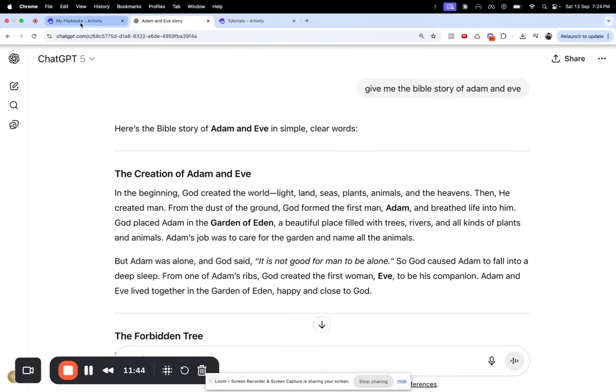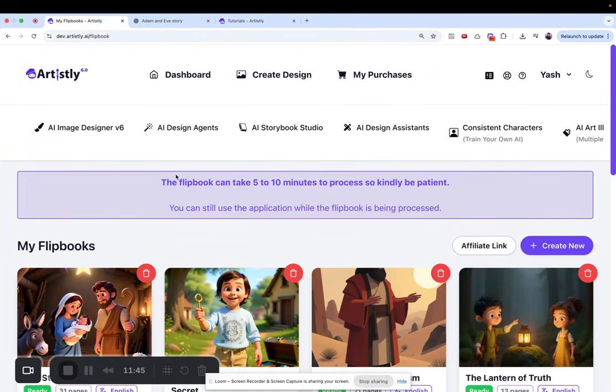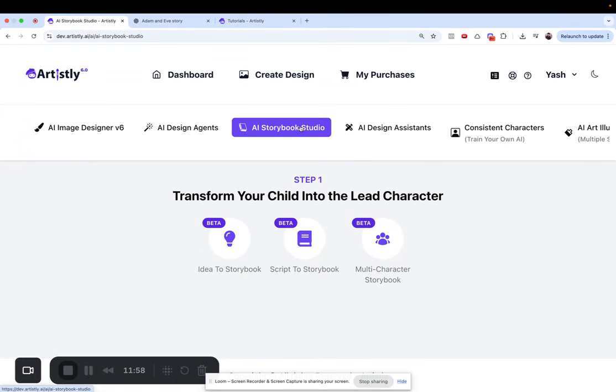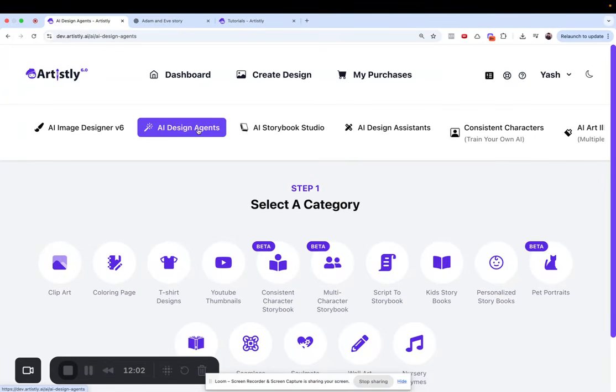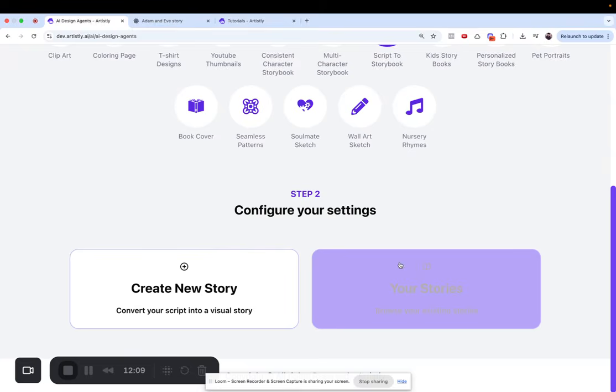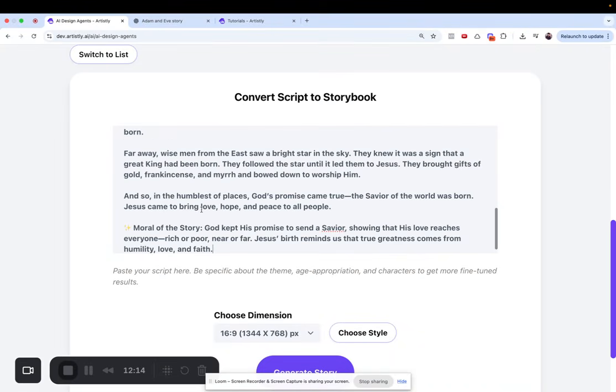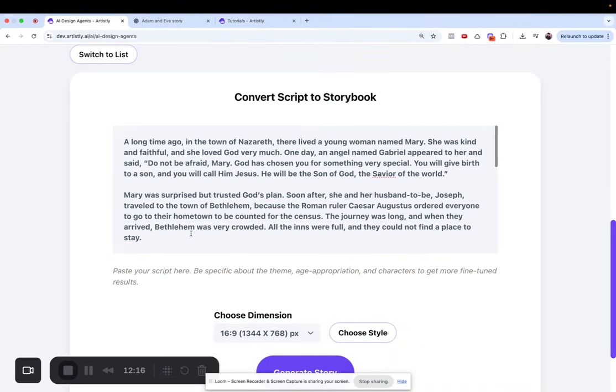Now one other thing I want to tell you, what you can also do is go to AI design agents, right? This was a feature that we had and people loved it. We created this using AI Storybook Studio. There is one other feature under design agent that I wanted to talk to you about. This was an old feature, but a lot of you guys love this. If you go to script to storybook and click on create new story, it does the same thing, guys. When you paste the story, it does the same thing, but